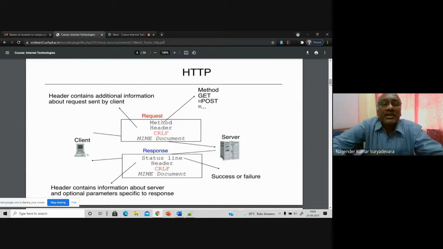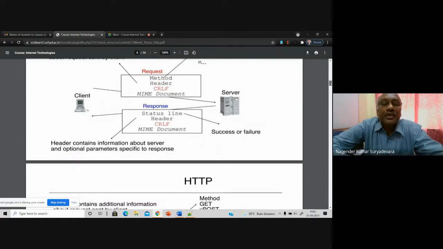Post is just sending data to be made available on that server, so that later some request can be made for that resource.